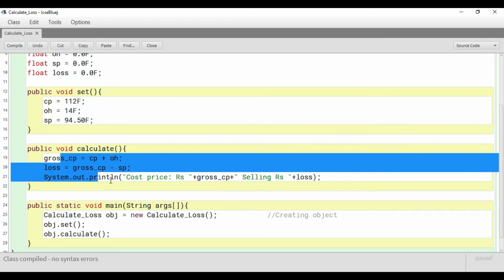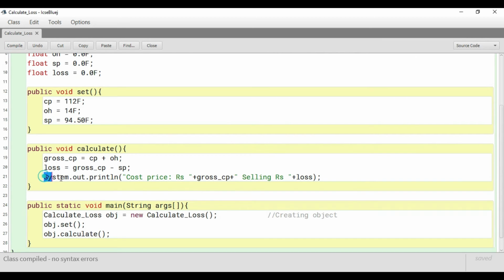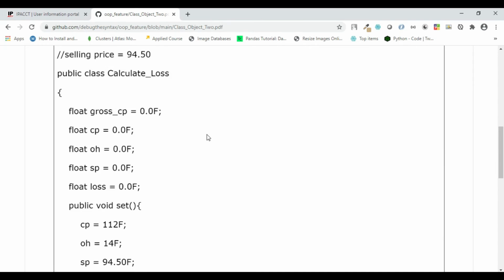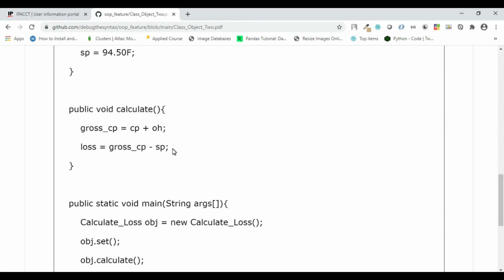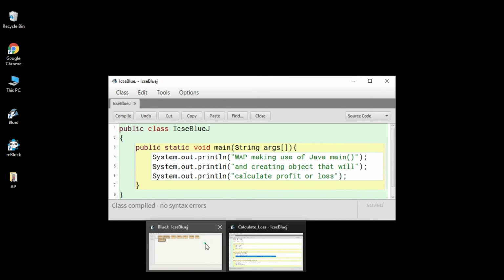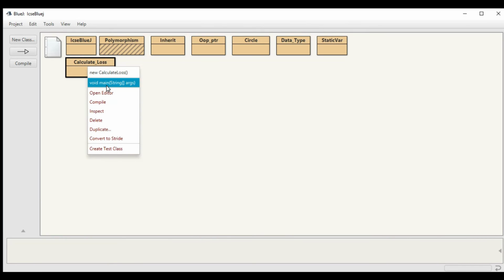As I do that, the program got compiled. I have added this extra line. This line is not there in my link file. You have to just add this line right over here. This much you need to keep in mind. So now let's go and compile my program. So here is my main function.